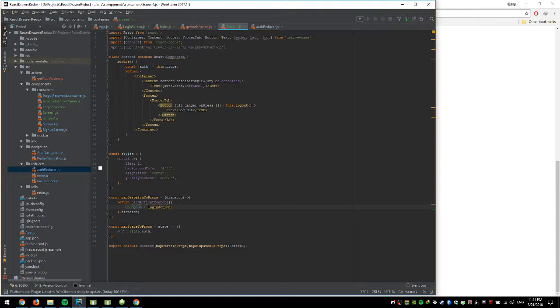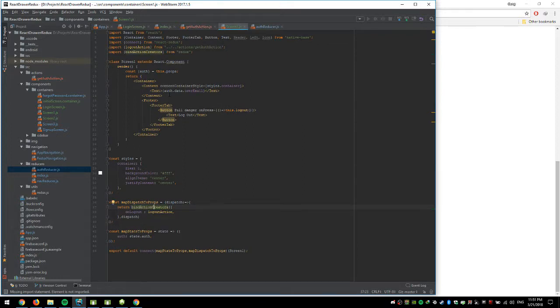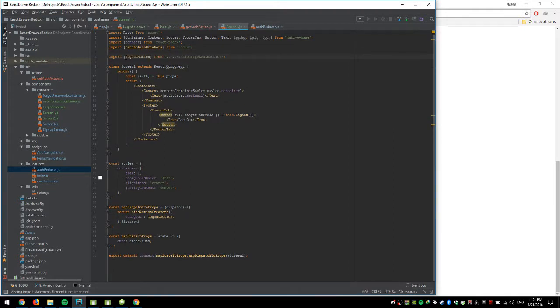So action is doing a logout function, and this is this logout action. This bind action creator is the function of Redux, I mean. So we can just do import bindActionCreators from Redux. So I think to make it more general, and